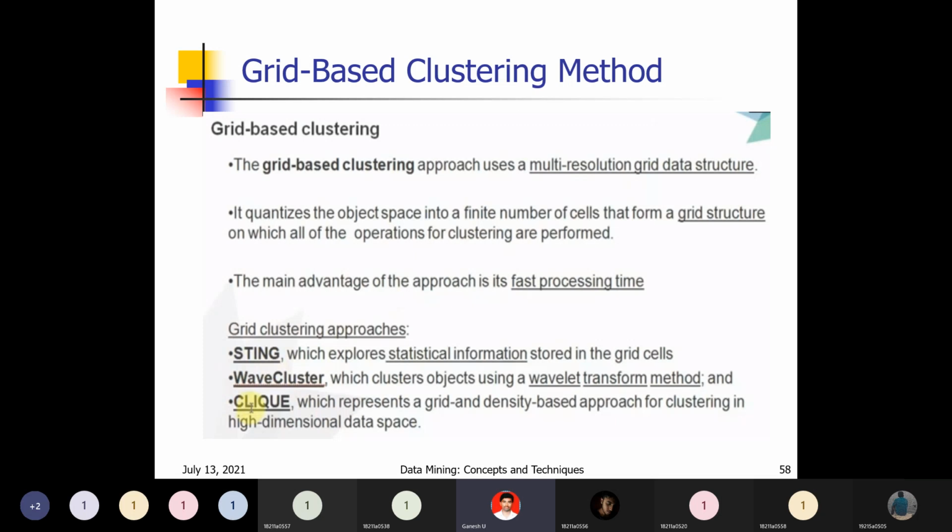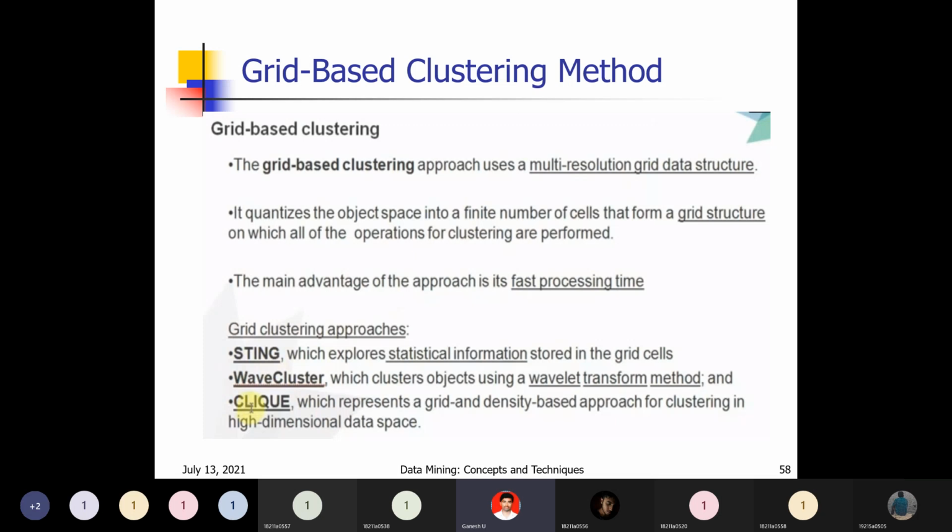At the higher level, the top level, one square, next two, next four, next eight, like that dividing. Not always in the same fashion, it may alter. The higher level may be a single square or single rectangle, in the next level that may be three, in the next level that may be six, in the next level that may be 10, like that. Some parts may divide, some parts may not be divided. In grid based clustering, you are forming clusters based on this principle.